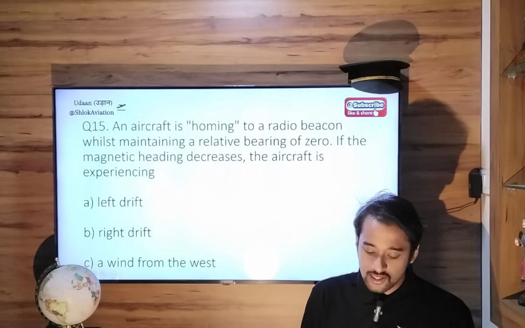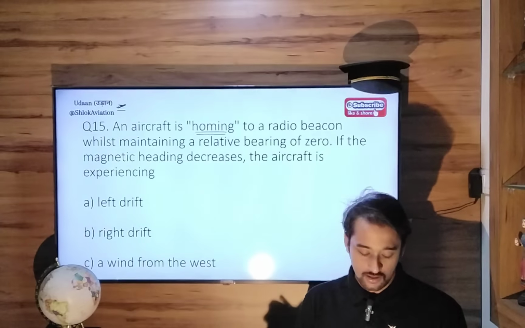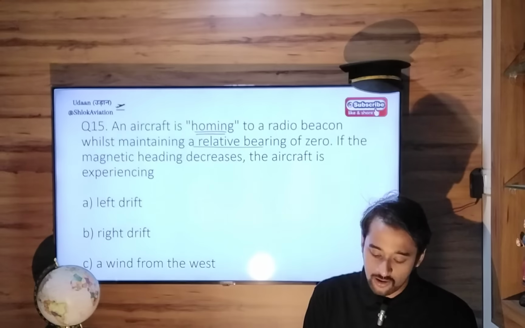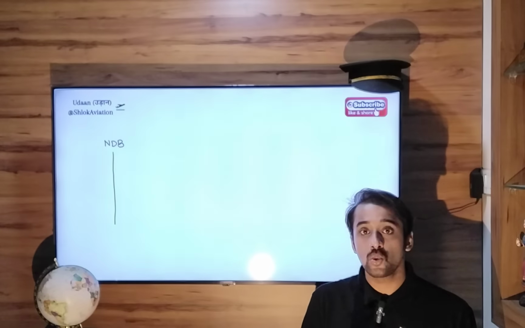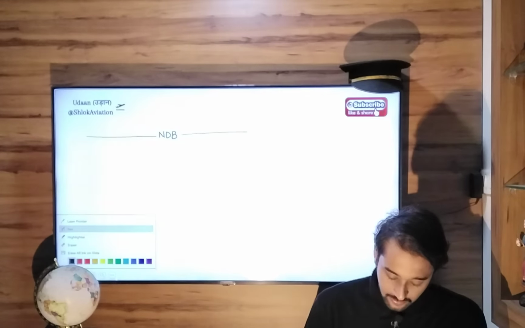Next, an aircraft is homing to a station and maintains a relative bearing of 0 degrees, right? So if this is your NDB station and you are tracking towards it, let's say I'll erase this. This is your NDB station. You're tracking towards it. So that means